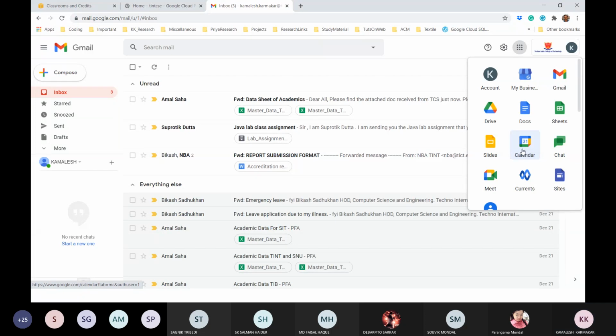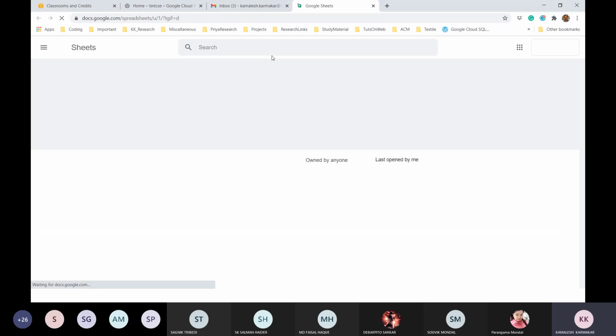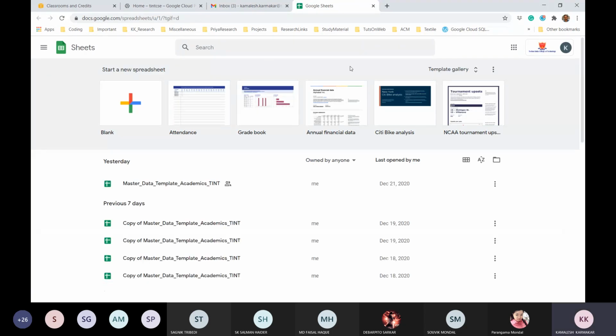So how are these applications running? This is a software which is developed by Google. You can get access to that service. So if I click on it, I'm getting access to this service, which is already developed by Google. So without installing Excel in my machine or in this host machine, I can get access to a sheet kind of service, which is being provided by the Google Cloud platform. So they are providing a software as a service.